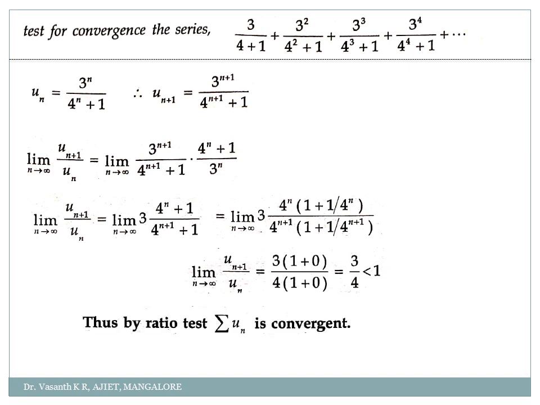Clear? See, whatever it is, in this method, always we have to get it into the denominator. So in the numerator, first thing is 4 power n you write outside. In the denominator you write 4 power n plus 1 outside. That's it. So when you do that, see here, obviously it will get into the denominator. So 1 by infinity, it is always 0. Same way here, 1 by infinity, it is always 0. Okay. And here, 4 power n divided by 4 power n plus 1. 4 power n will get cancelled, only 4 will remain in the denominator. Clear? Okay. Next problem.